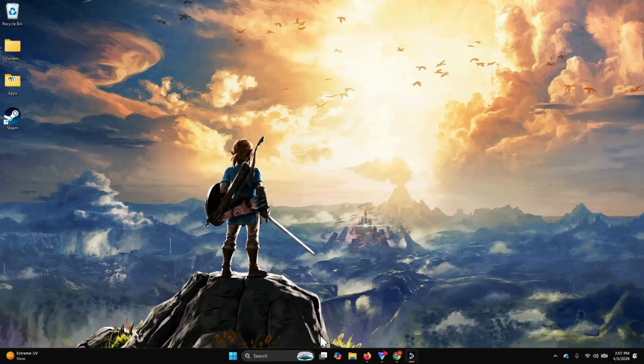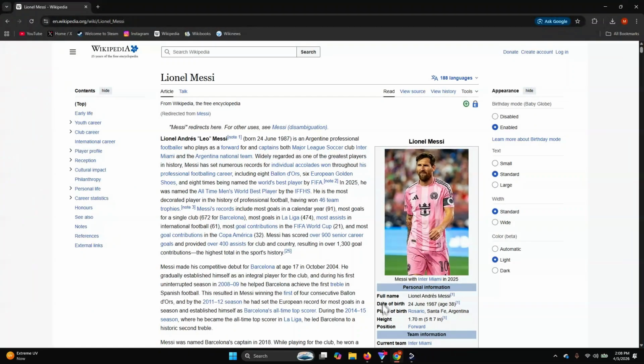Welcome to this video. Today we'll guide you through how to download any page from Google Chrome. Sometimes you may want to download a web page and access it later offline. So I'm going to show you how you're going to do that. There are two methods. So for the first method, first open up Google Chrome and select a web page that